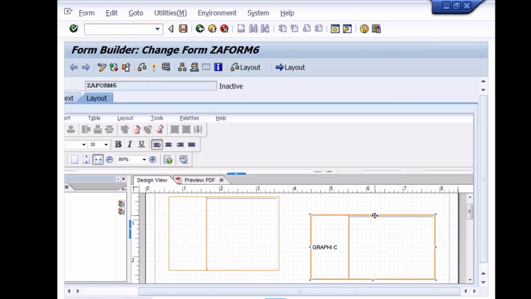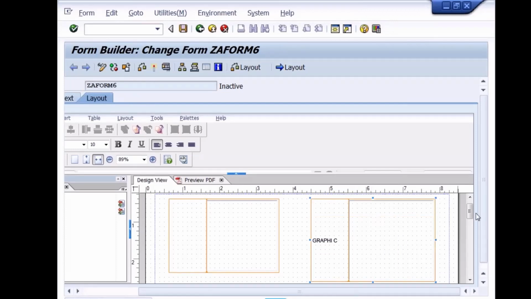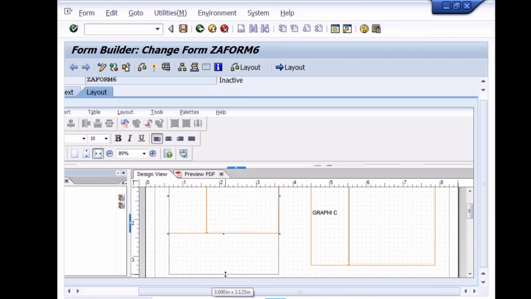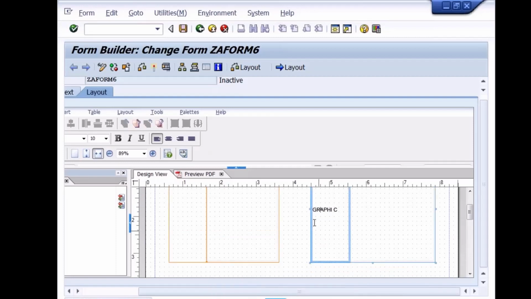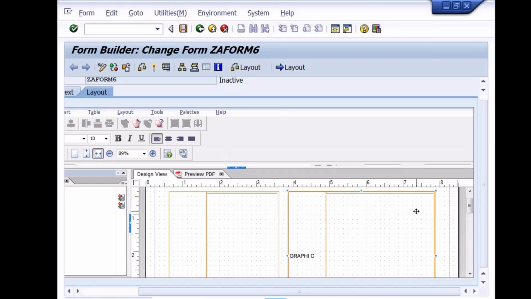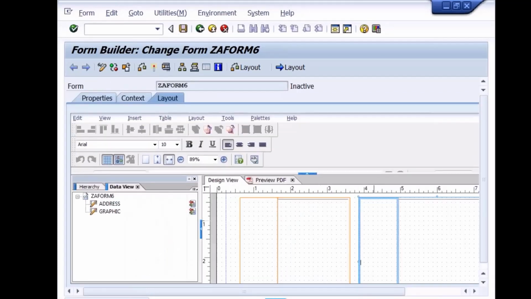Graphic is placed there. Right, there's a graphic. Right, here also if you want to remove this, remove it. Done. Okay, save it, check it, but I need to bind it.